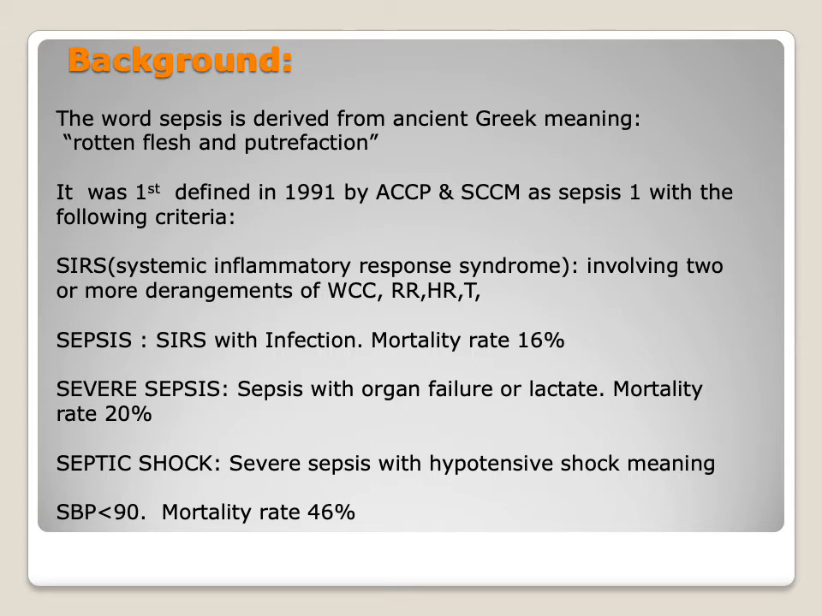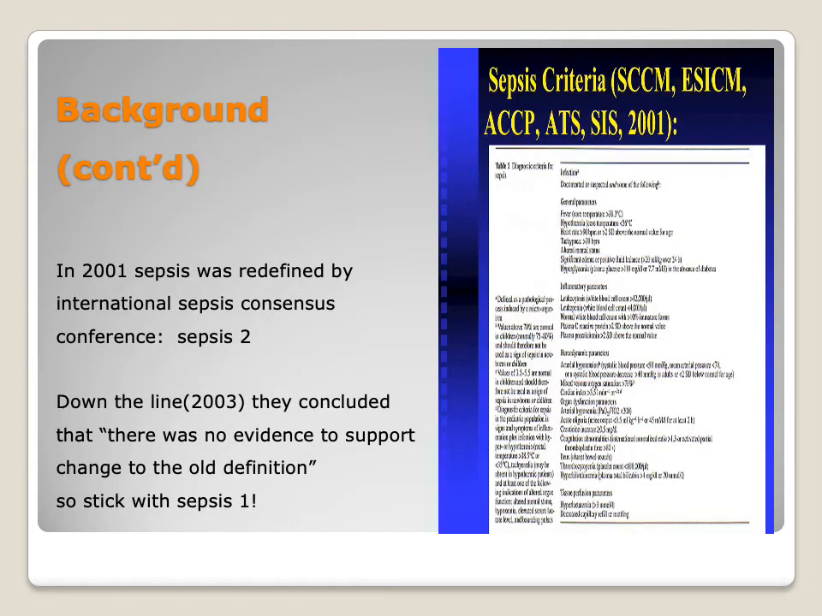Sepsis was defined as SIRS with infection, and the mortality rate was 16%. Severe sepsis was defined as sepsis with organ failure or lactate. Mortality rate was 20%. Septic shock was defined as sepsis with hypotensive shock, meaning systolic blood pressure less than 90. Mortality rate was 46%. The sepsis 1 definition was used for a decade, and then in 2001, sepsis was redefined by